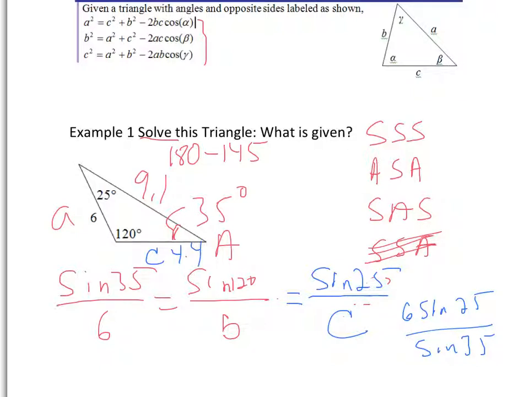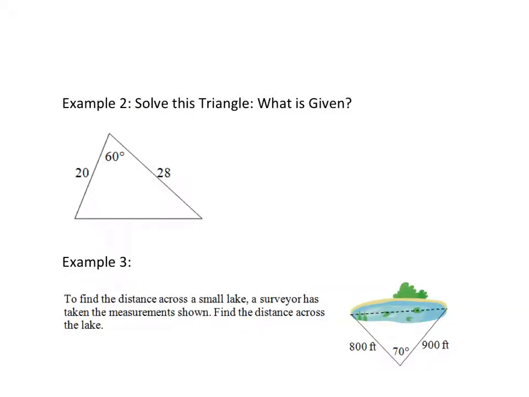So we solved that triangle. We found the angle, and we found the two missing sides. And this is using law of sines, because we have that angle side pair. So the problem with this one now is